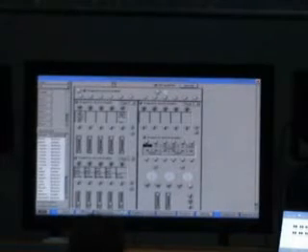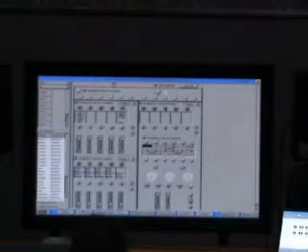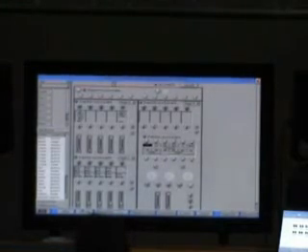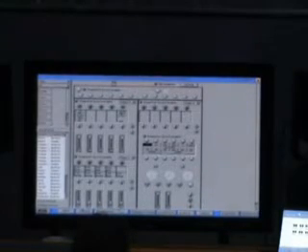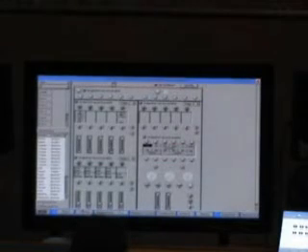So everything is the same orientation. The screen, the keyboard, and the playback lumps are exactly the same. The whole thing is designed so you can jump between them. Because what that means is all of us can make as much of a living as is possible. You know, the more shows you can do, the better. You know, that's the reality.